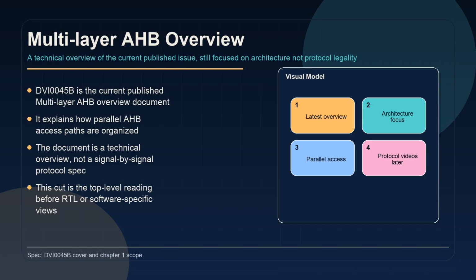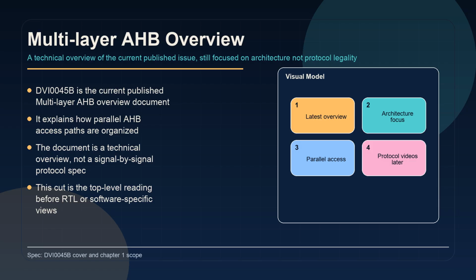Today we are going to be looking at the latest overview of multi-layer AHB. This is the top-level reading of DVI0045B, the current published issue of the overview. It is still an architecture document, not the full AHB protocol rulebook. So the goal here is to understand why multi-layer AHB exists, how the matrix is organized, and where it fits